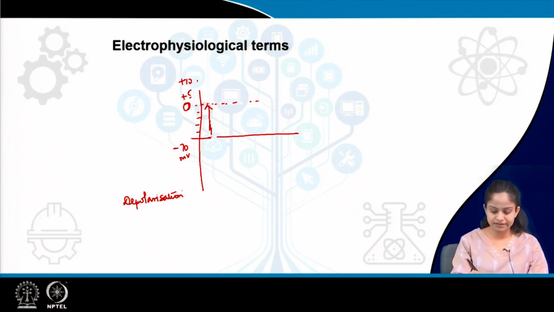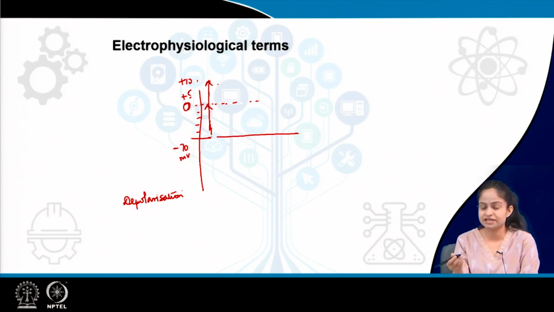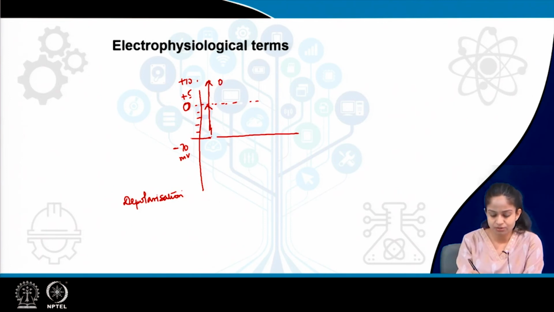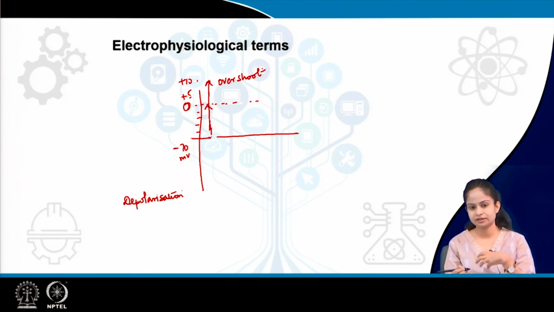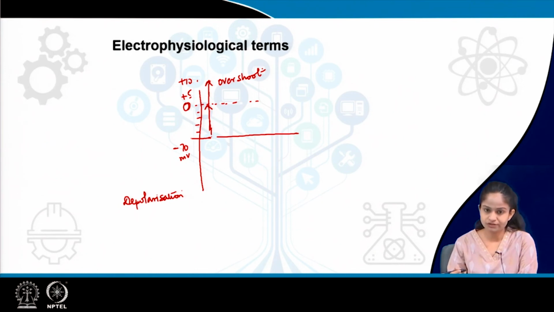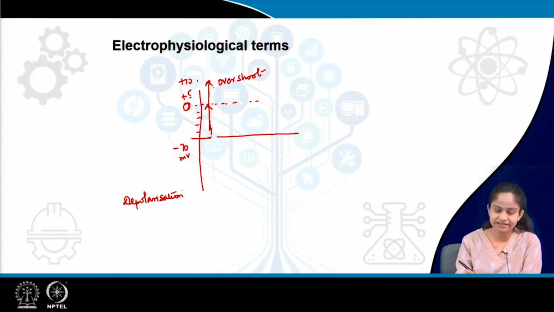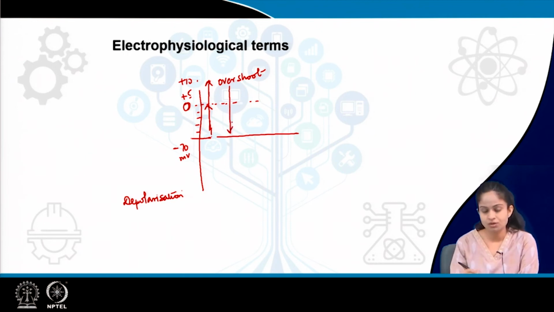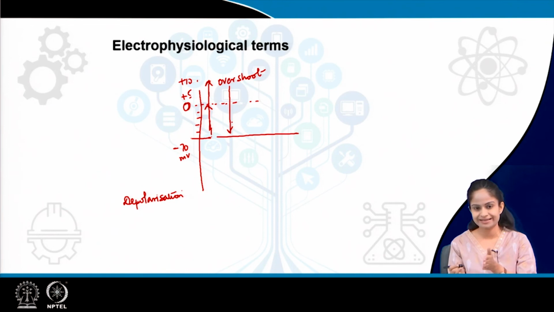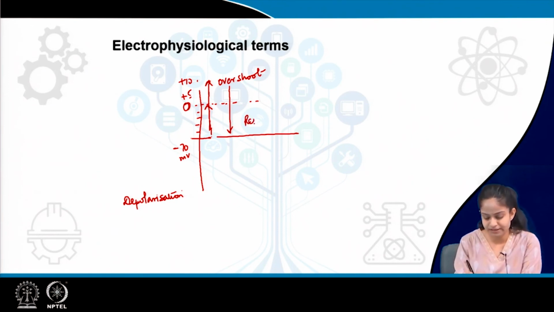and on further depolarization this peak will go up and it will reach around +10 or +20 or +30 millivolt, and this is known as overshoot, because anyway it is moving farther away from the resting membrane potential, that is from negative to highly positive voltage. So, this is overshoot. Now, again from this, if it comes down towards the resting membrane potential, or from positive to -70 millivolt, resting membrane potential means the membrane potential at rest, this is known as repolarization,